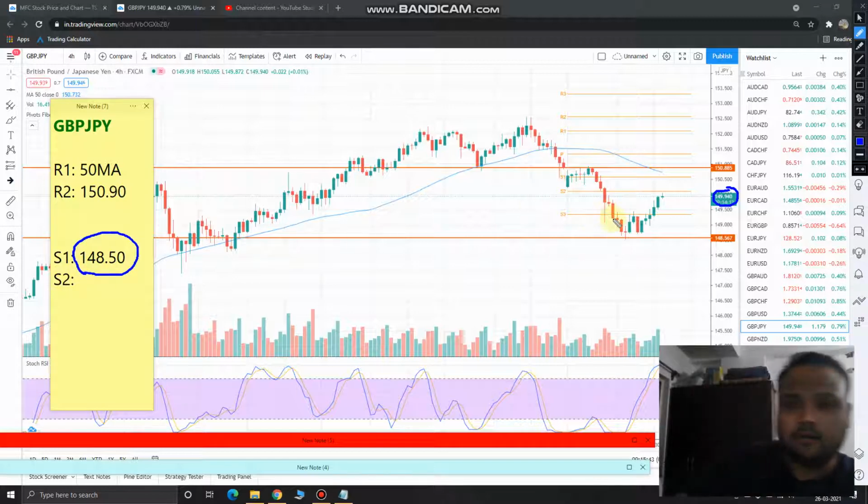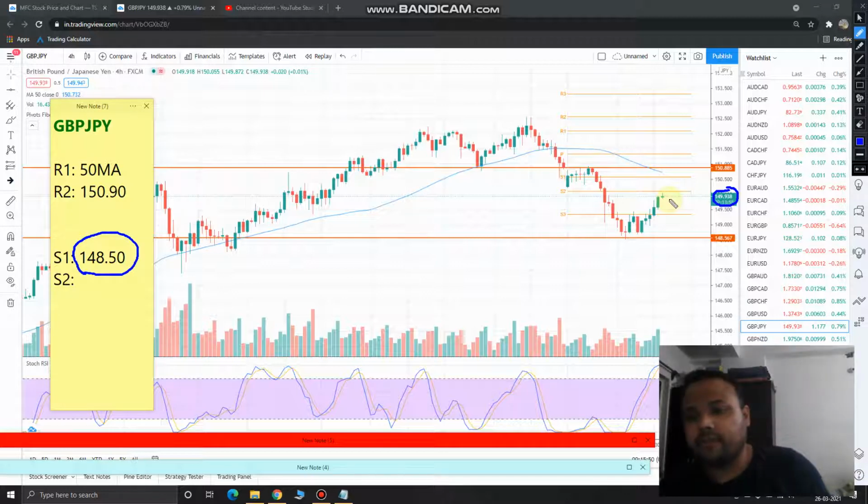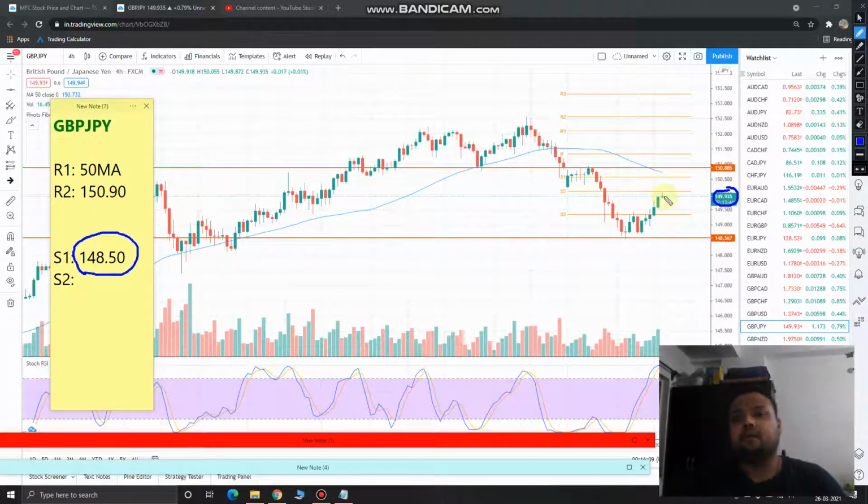And we can see that after taking support, the market has made a good run. This looks like a trend reversal. I'm not saying that this is not a trend reversal, but let's consider this as a trend reversal. Even if it is a trend reversal, do you think this is a good position to execute the order? It's certainly not, because